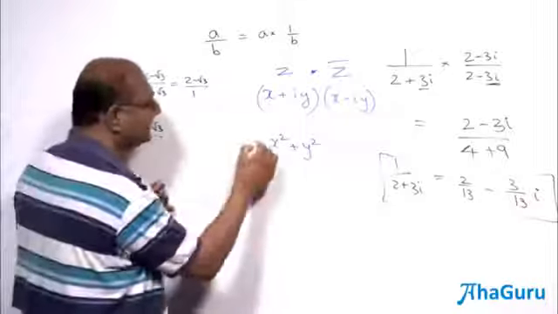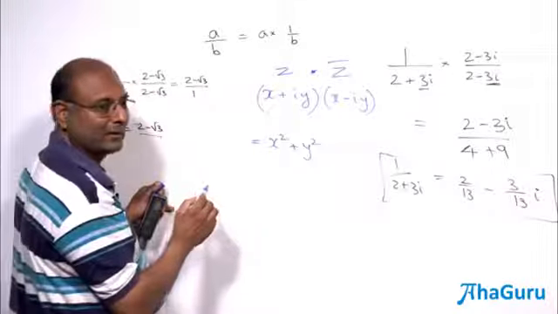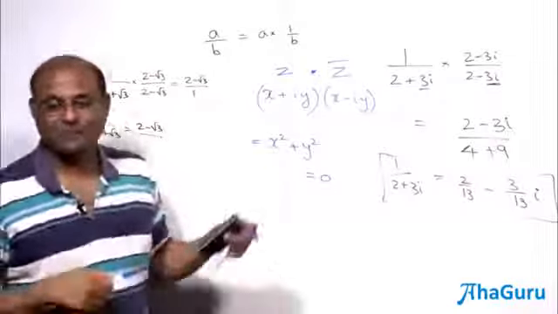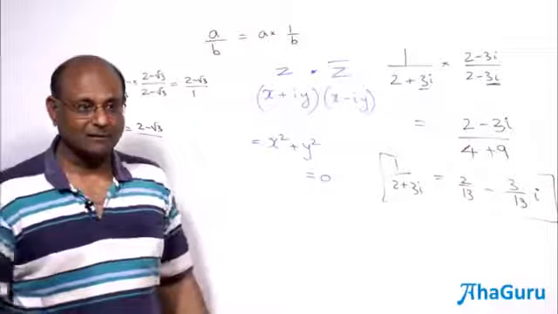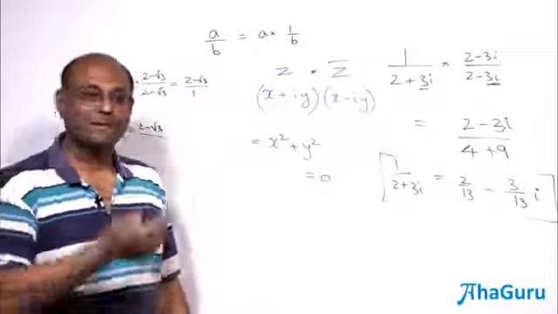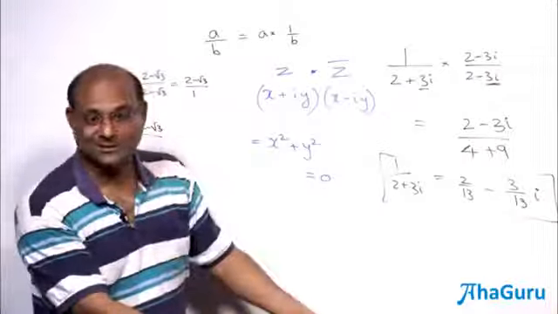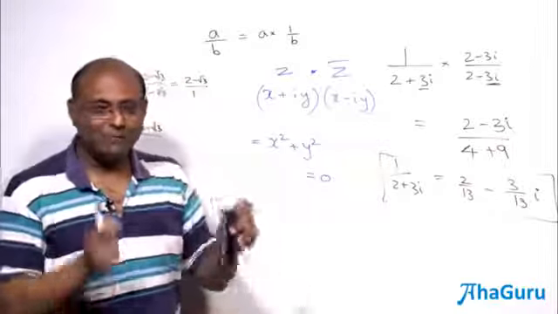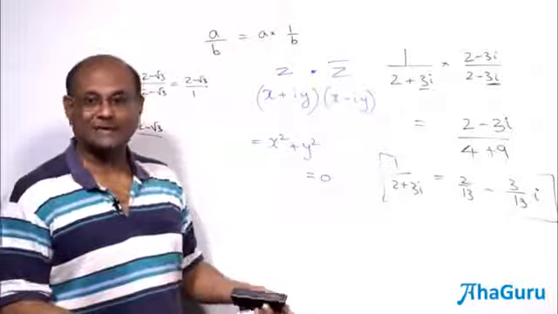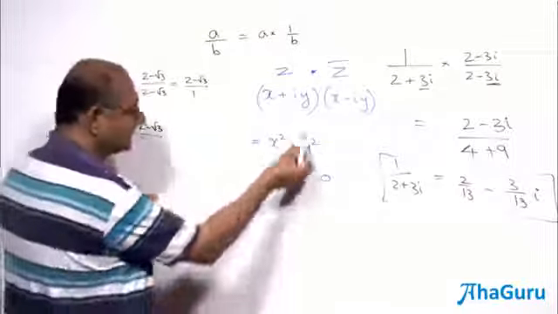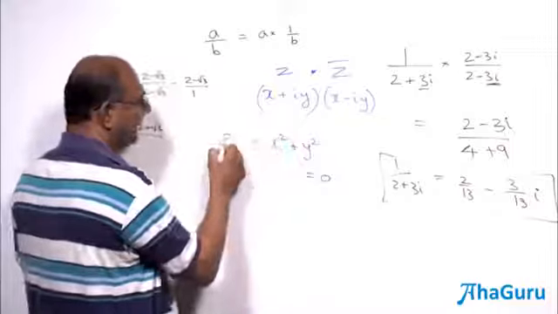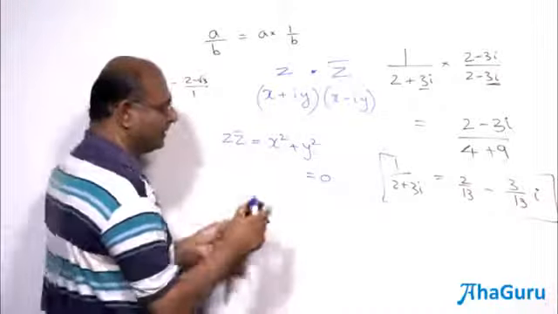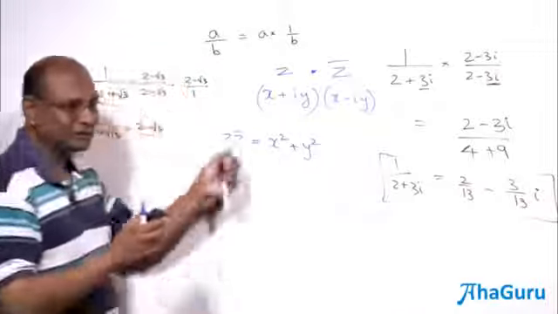So when will this be 0? If this has to be equal to 0, under what condition can x square plus y square, both real numbers, x and y, when can it become 0? When x is 0 and y is 0. But if x is 0 and y is 0, what is z? 0. So the only number for which it will be 0 is when z is 0. Now this thing is very important. Z conjugate. Okay, it's not 0, so we don't have to worry. If z was not 0, it is not 0.